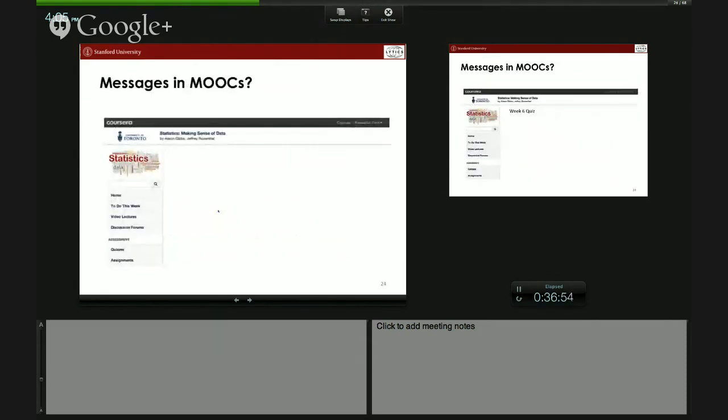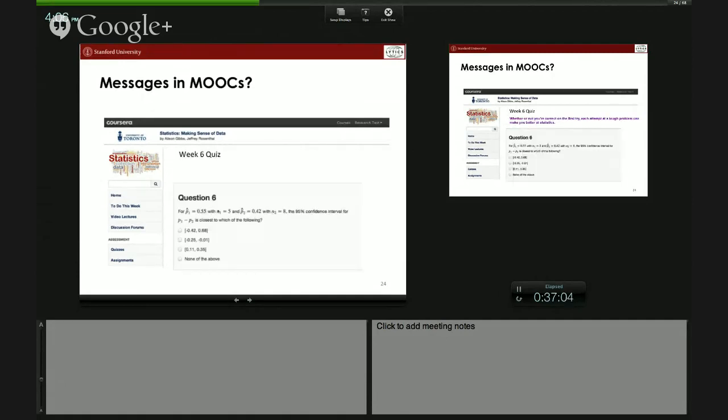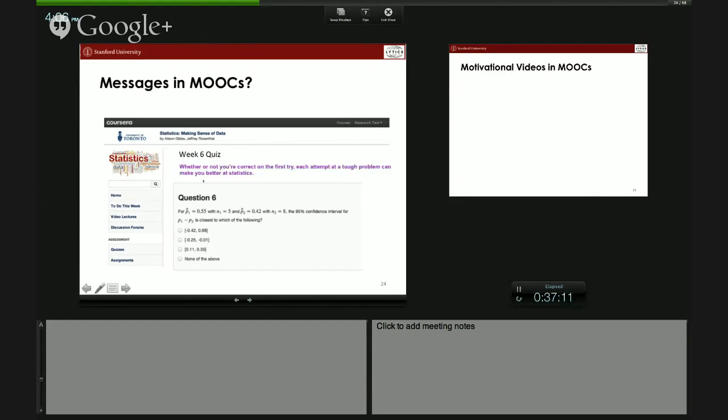Okay. In terms of how transportable these results are, and what nice paradigms there are to keep exploring this kind of research, you could pretty easily imagine this going into something like a MOOC. So this is a screenshot of what Coursera's stats course looks like. You can add messages. And the messages that we put in here are almost like